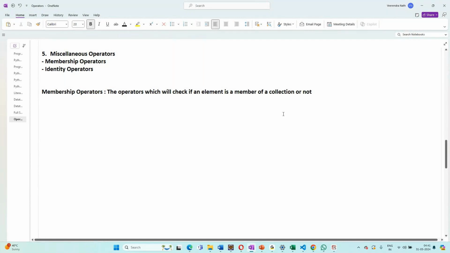So what are the operators that are there like this? We have in and not in. So we have two operators, in and not in. Let's start with the in operator. What will the in operator do? The in operator will check